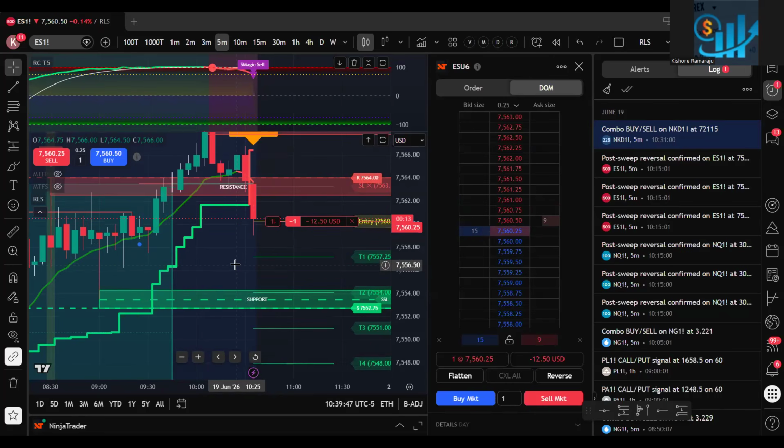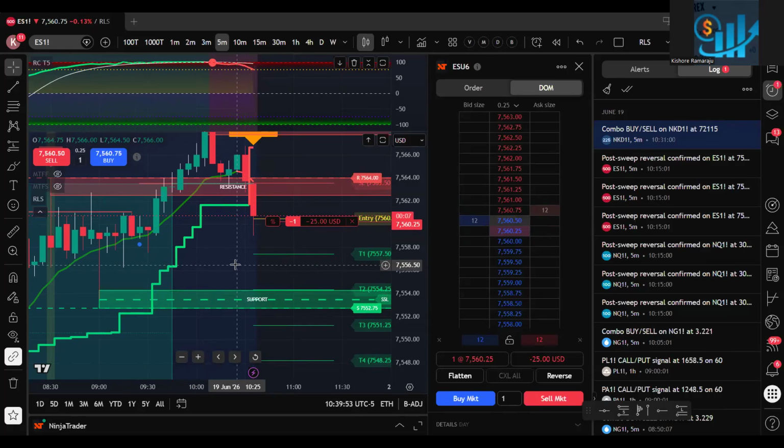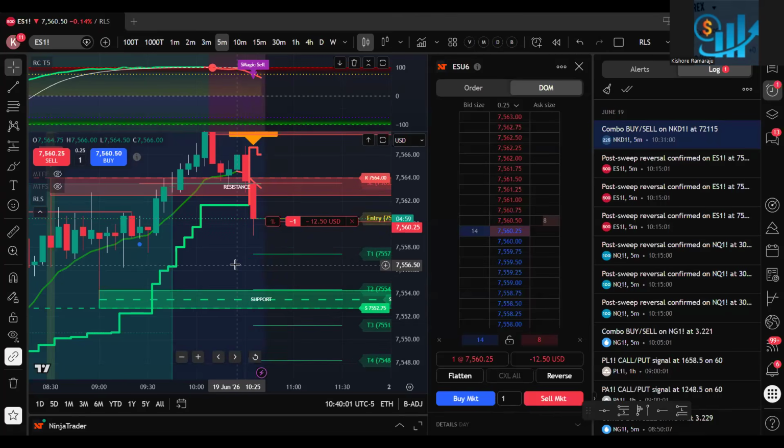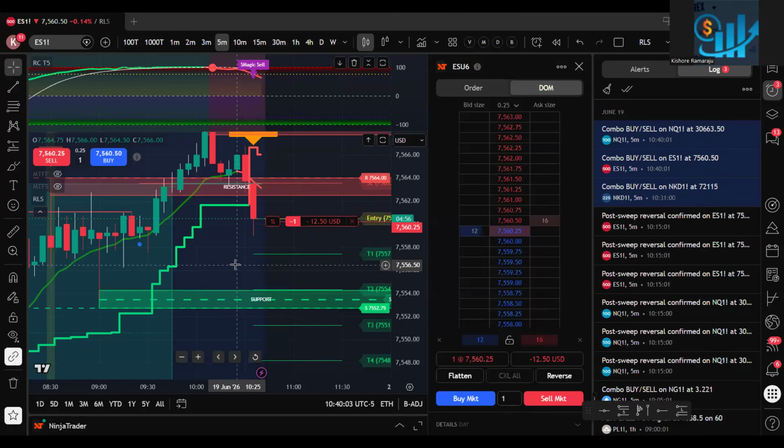As I mentioned, when you are trading on prop firms, you always try to take one or two trades a day, unless you are a high risk trader or you are doing an evaluation and want to complete it faster. That is okay. Otherwise, you generally try to do fewer trades, but have them in more accounts. If you see one or two RLS buy or RLS sell signals, take one or two trades a day, you make $400, $500, and copy that into 5, 10, 20 accounts. In that way, your risk will be minimal.